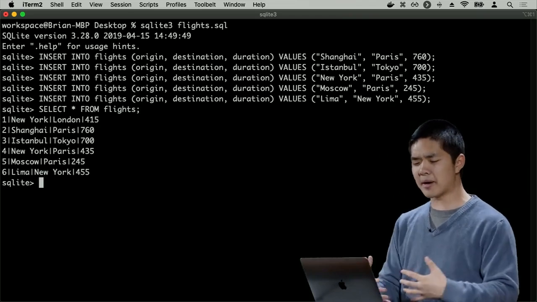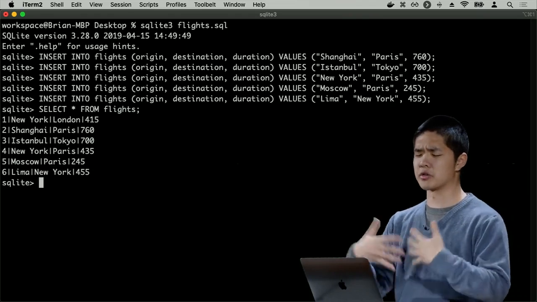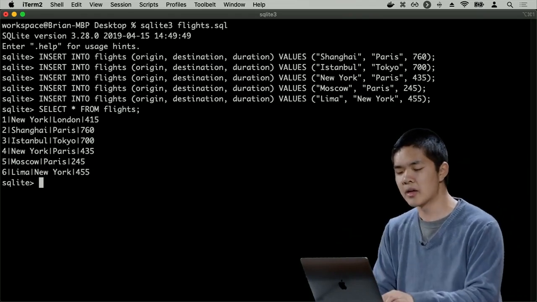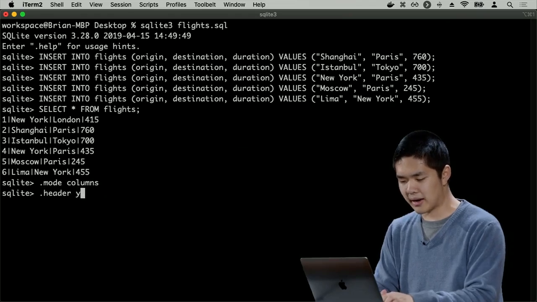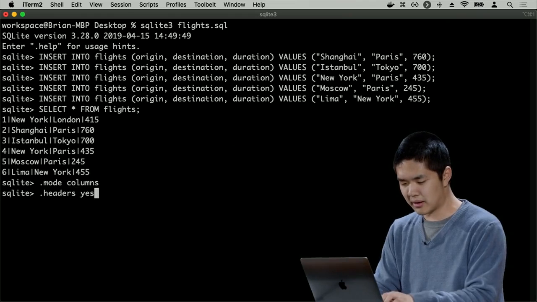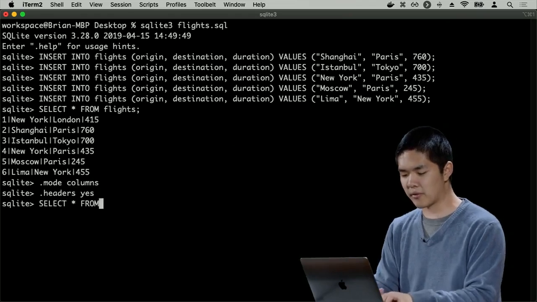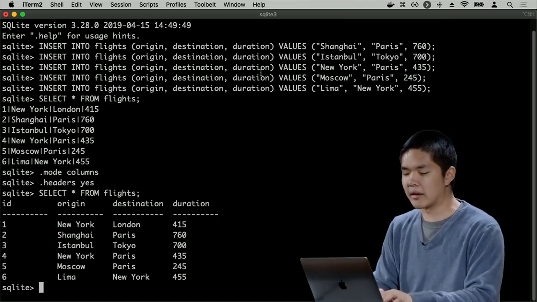And this is not formatted particularly nicely. SQLite has some additional tricks if you'd like to format it a little nicer. So I can say, go ahead and put this into columns mode and give me some headers, yes. So .headers yes. And now if I select star from flights, the data is organized a little more nicely,